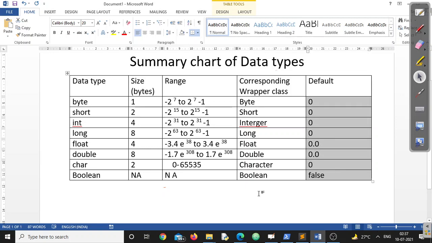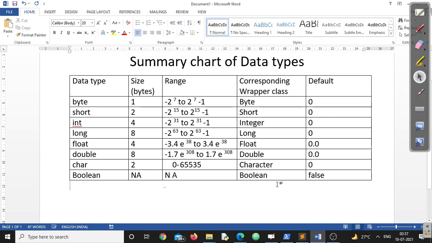You should remember that point, right? And while considering the wrapper class, let me tell you the easier thing. Only for integer and character, the wrapper classes have been written entirely. For int, the whole word Integer is there. For char, the whole word Character is there. For all the remaining wrapper classes, the names are the same as the primitive type.